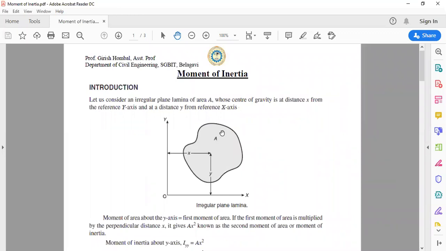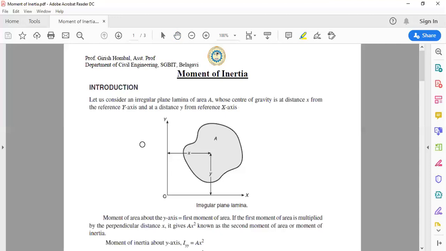We are going to start with a new part of the module, that is moment of inertia. Now that we have already completed center of gravity, we're starting with moment of inertia. Now let us understand what is moment of inertia. Moment of inertia is nothing but it is second moment of area. I repeat, moment of inertia is nothing but it is second moment of area,